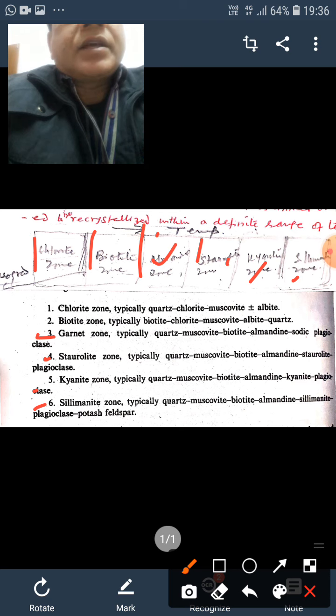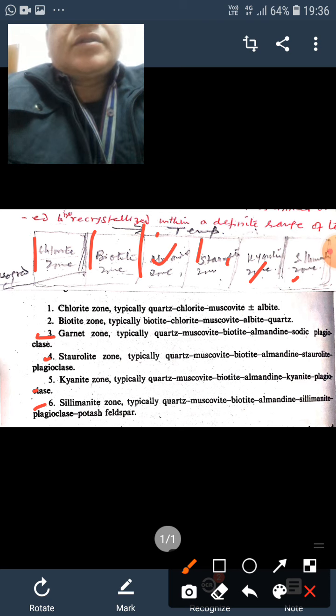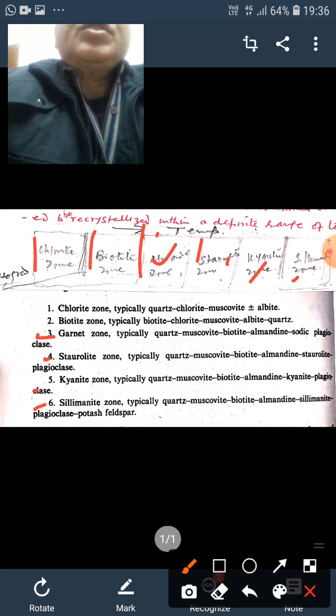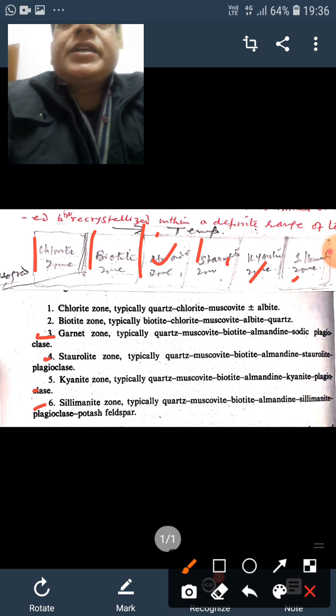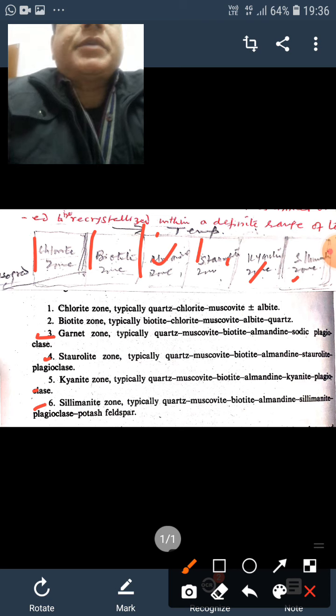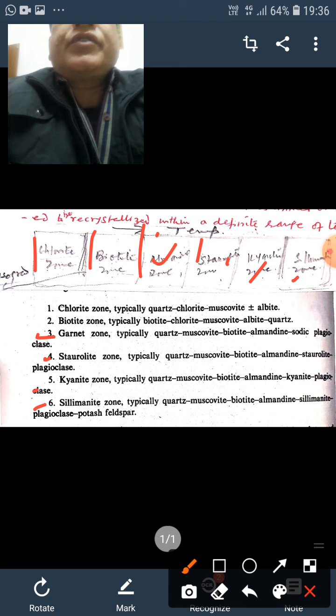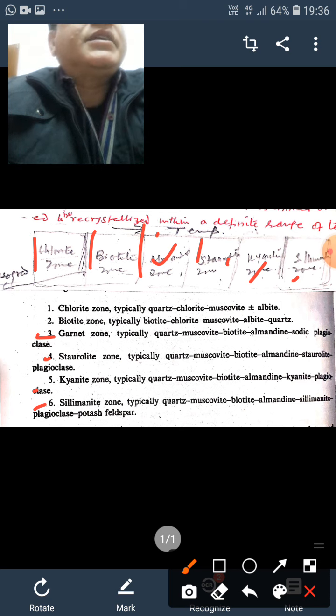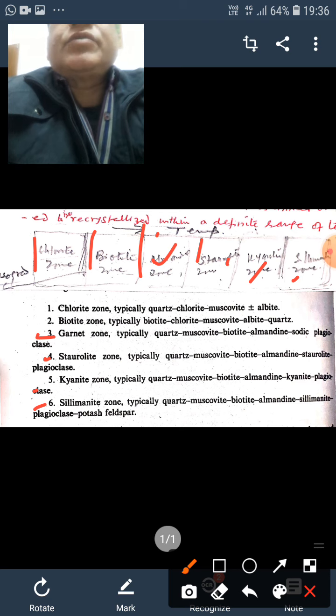Isograde lines, lines of equal grade on the map, are interpreted as being isothermals. So once we say Barrovian zones, it means metamorphism. As I told you, metamorphism usually takes place in response to a rise of temperature. Progressive changes brought about in rocks by rising temperature are called progressive metamorphism. Successive rises of temperature bring about a series of reactions which change the mineral assemblage.